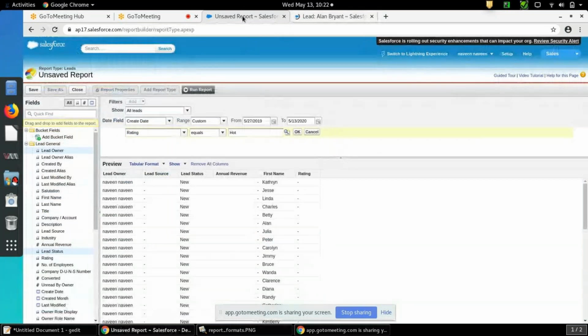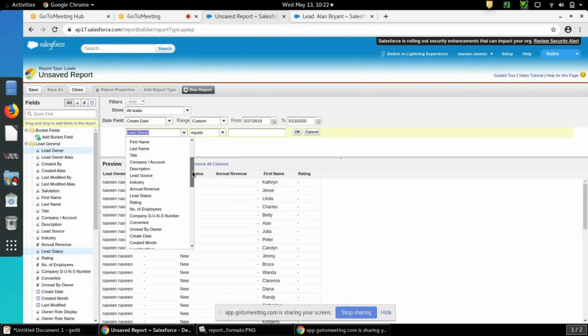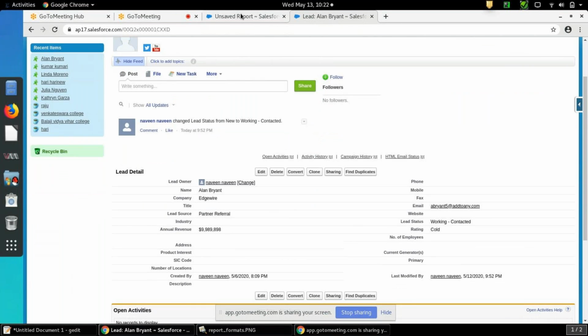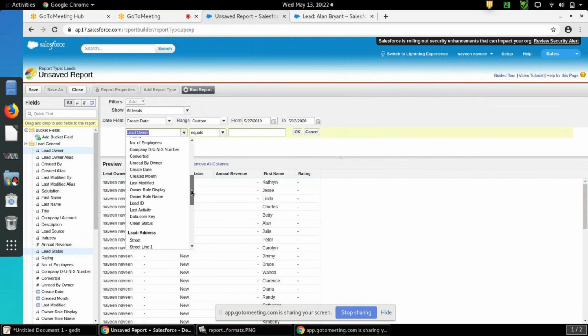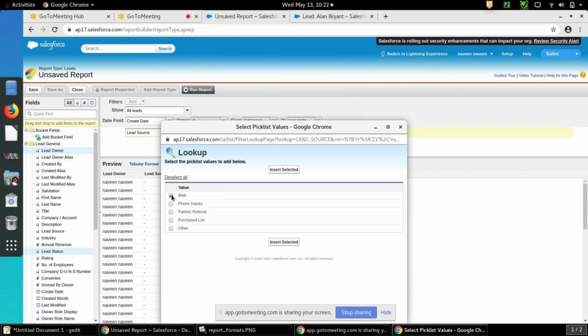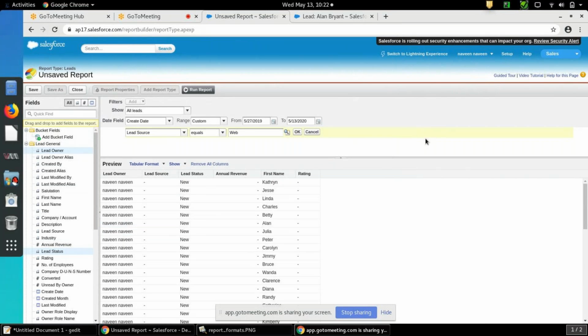Okay. What I will do, I'll add a field filter here. So what I will take, lead source, select web, click on OK.